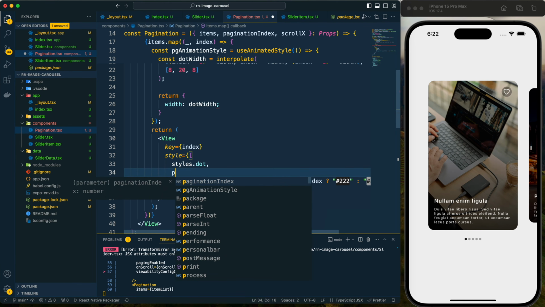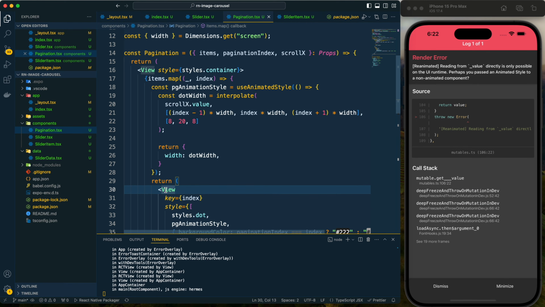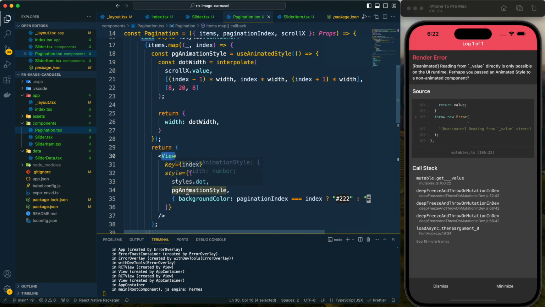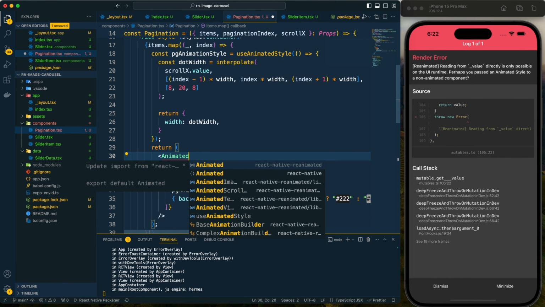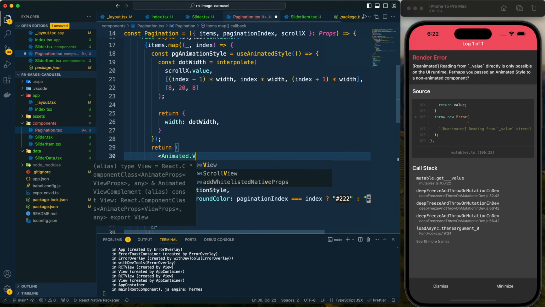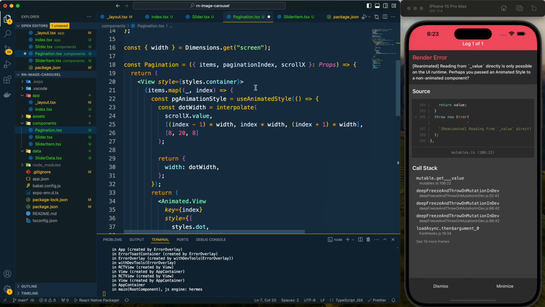And here let's provide the animated style. Okay, it is having an error, and that is because I am using animation style here, but I am not using animated view. I need to use that animated view, so it would be animated dot view, and this animated needs to be imported from React Native Reanimated.